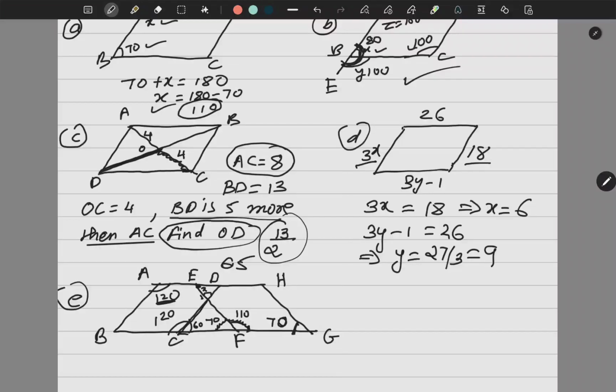Now this is a triangle again. And we know that 60 plus 70 plus this angle. Now see, this is x which has to be determined. And these two are vertically opposite angles, so they have to be equal. So x is equal to 180 minus 130. So what is the value of x? x is equal to 50. Correct? So this becomes my answer. So this is how, based on the properties, we can frame the questions.